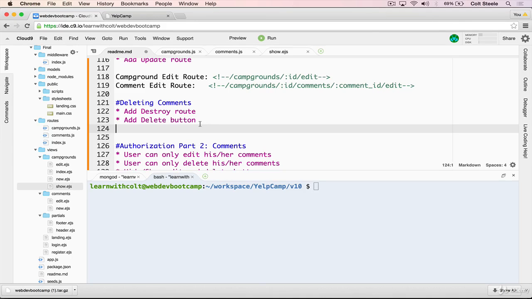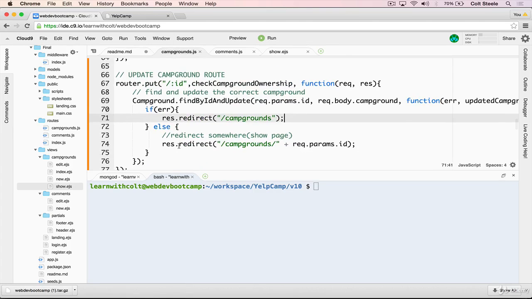And this is pretty simple compared to edit and update. Only one route. We don't need a crazy complex form. We don't have to worry about a lot of the complications that we did with edit and update for campgrounds and in particular comments. So the route that we need, let's take a look at how we did it for campground to start. If we scroll down,